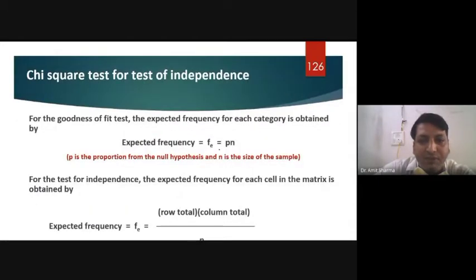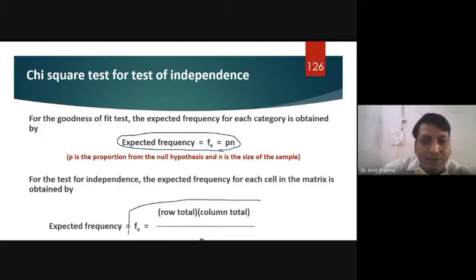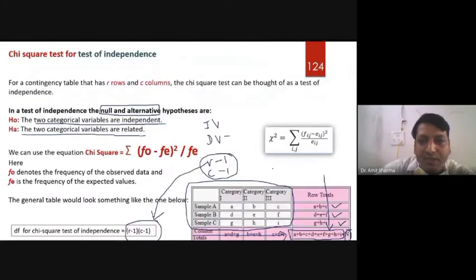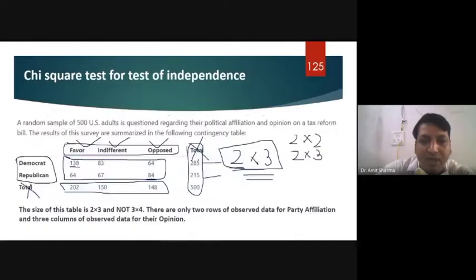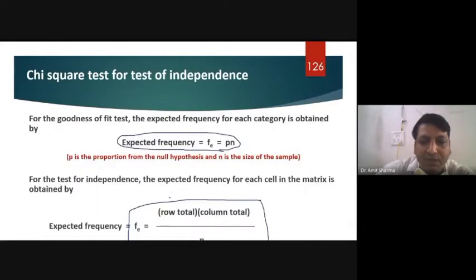For that, you have to calculate by using the formula written below. You are going to use this formula to calculate the expected frequency, because once the formula is clear, you are going to get this, but you have to calculate that FE. So if you want to calculate the frequency for the expected, what you are going to do: